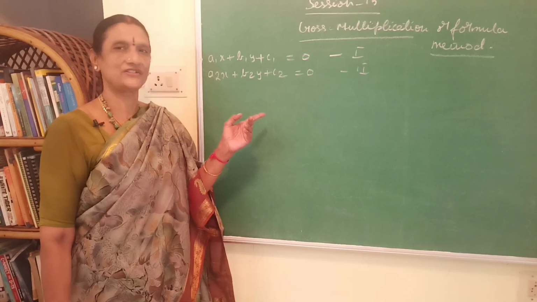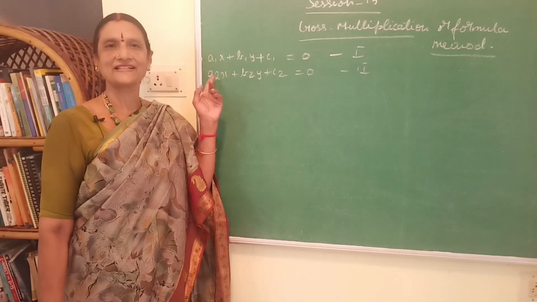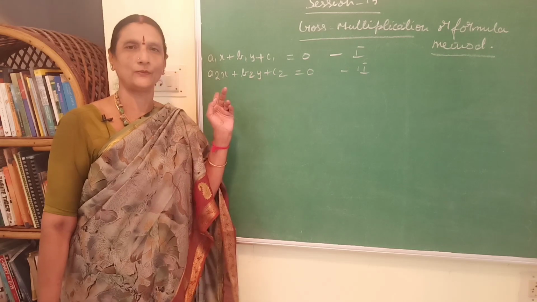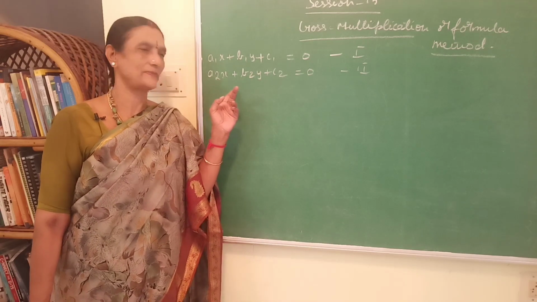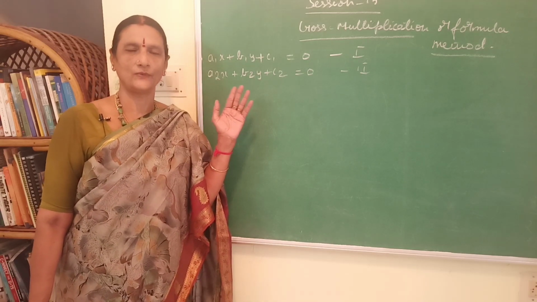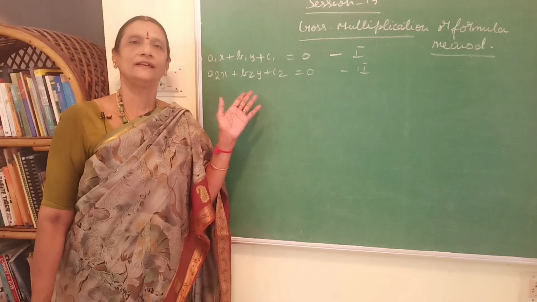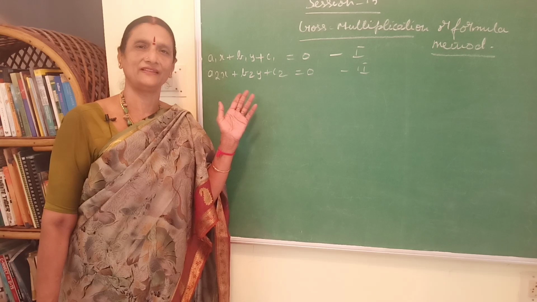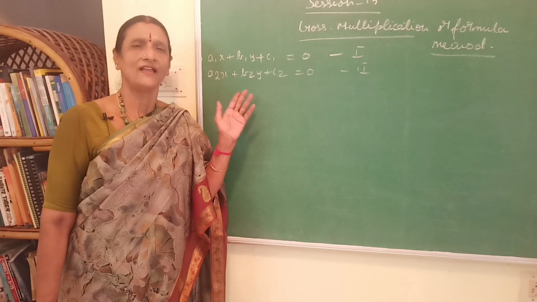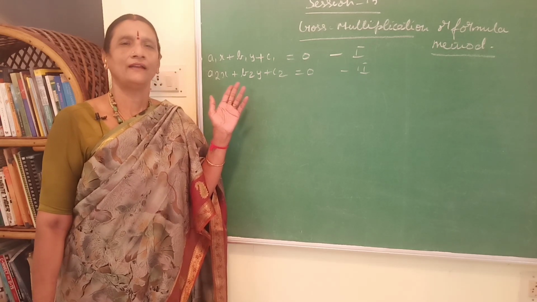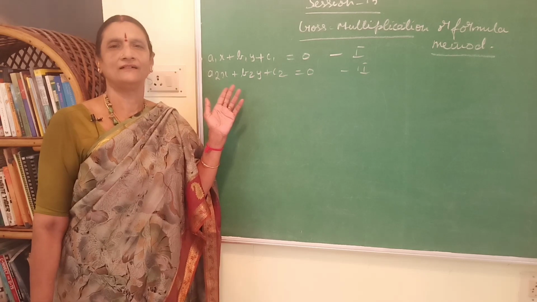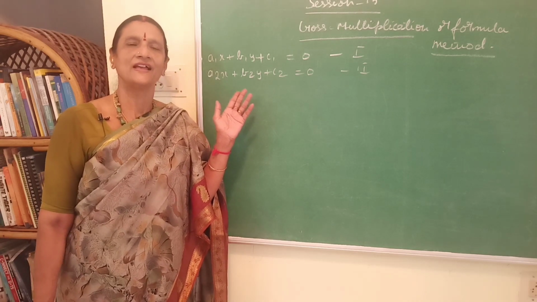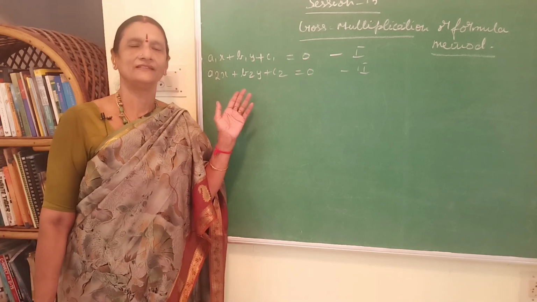of the linear equations, which are represented as a1x plus b1y plus c1 equal to 0 and a2x plus b2y plus c2 equal to 0. Okay. In the last sessions, we discussed the substitution method and elimination method. We solved some problems also. We will try to establish a formula for finding the values of x, and we will be solving the equations